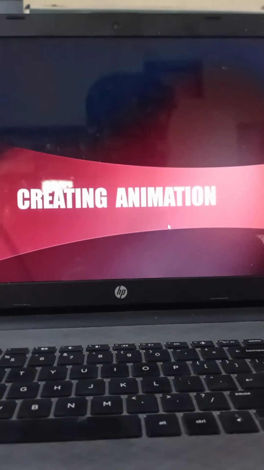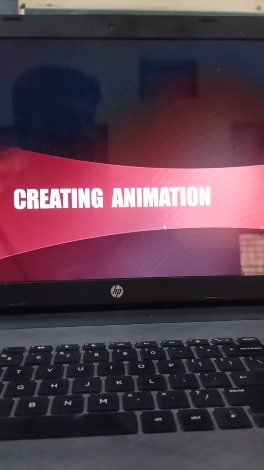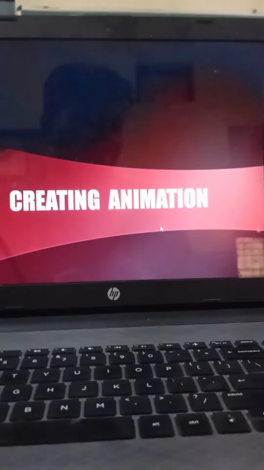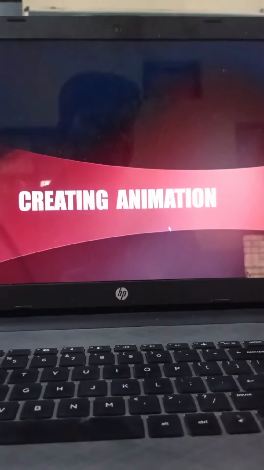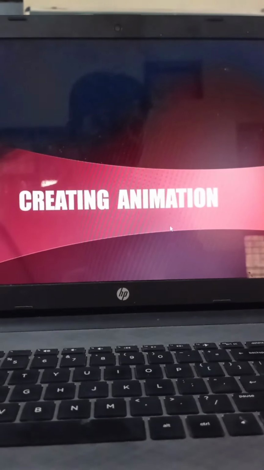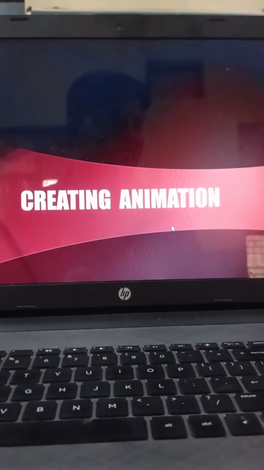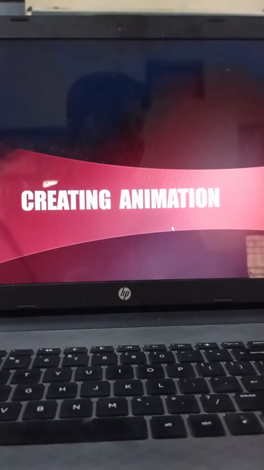Creating animation. So one by one, select the rectangle tool, select properties of stroke color, stroke style and stroke height from the property inspector. Select fill color and choose any color of your choice. Hold and drag the mouse pointer on the stage as the rectangle shape is created.